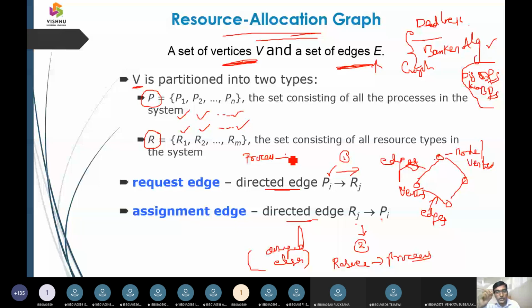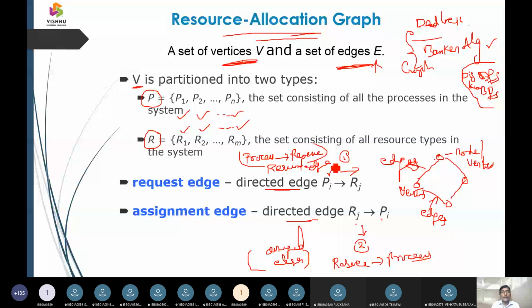Got it? So the resource allocation graph derives entities in the form of request edges and assigned edges. In a request edge, we represent from a process to a resource. In an assigned edge, we represent from a resource to the process. That is how it is Pi to Rj, or Rj to Pi. So a resource graph is reciprocated.